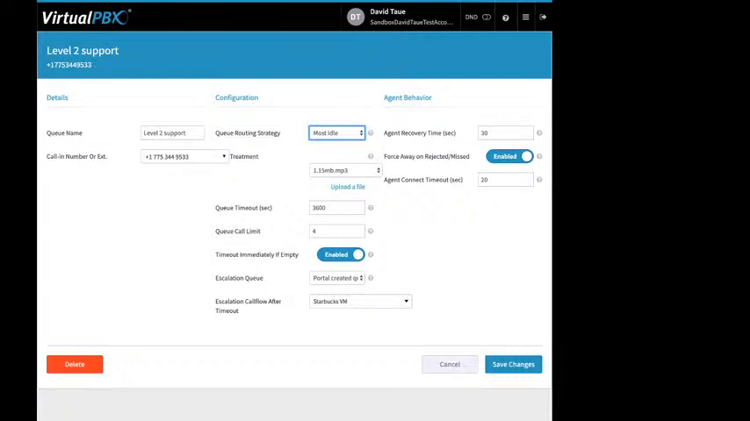So basically, under standard queues, you've got ring all, right? So everyone rings at the same time. You've got round robin, which will equalize out over time. Most idle means the call goes to the person who's been waiting for the call the longest. You have least offers, so whoever's had the least amount of calls offered to them, right? So Bob's been offered 20 calls, Mary's been offered 5. Mary gets the next call that comes in,